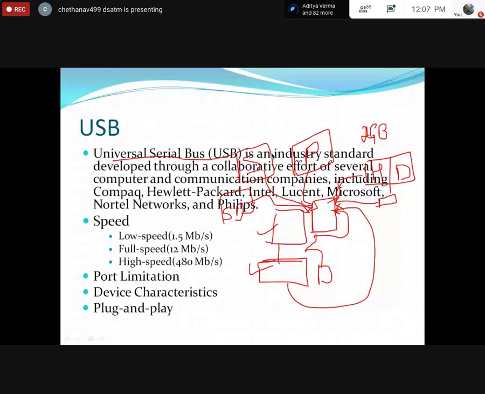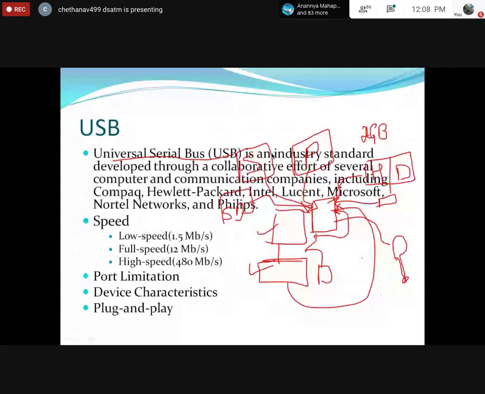The data may be even from a microphone. Suppose I want to connect a microphone. See here, I've written one beautiful microphone. Please assume it's like a microphone. Like this, I want to connect anything. Any hardware devices I'm supposed to communicate with, suppose I want to connect with this particular system, I require a proper interface bus. That bus is said to be a universal serial bus.